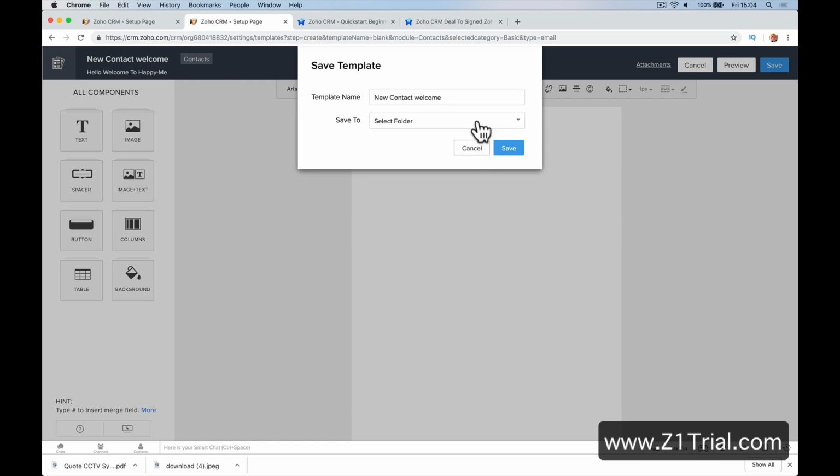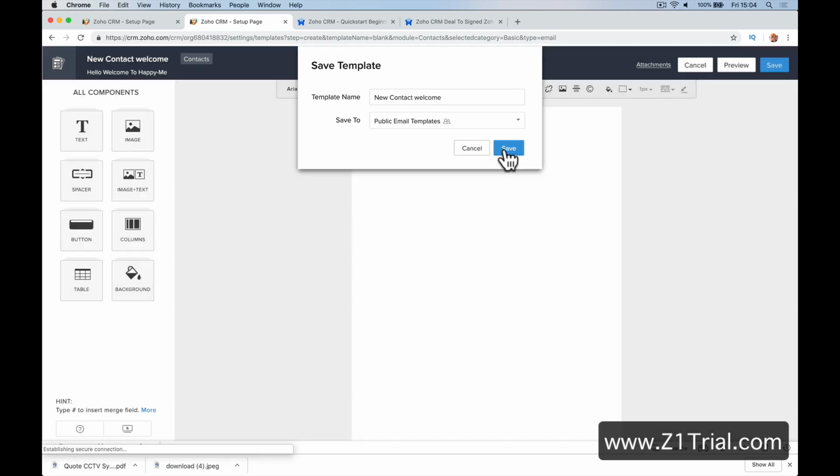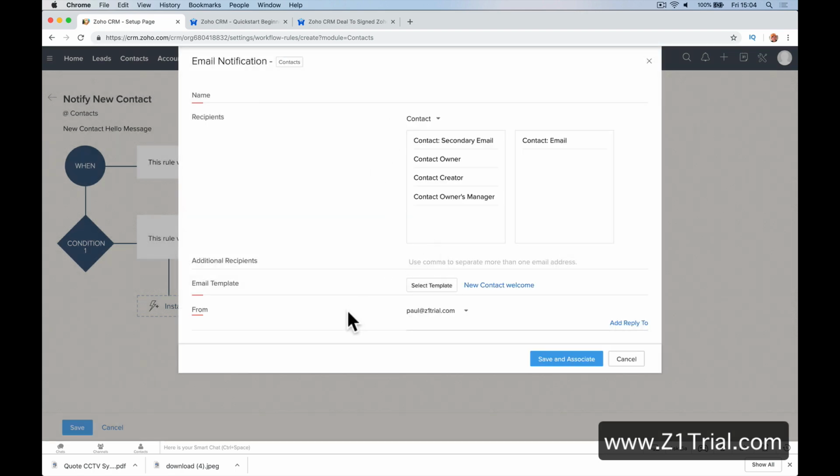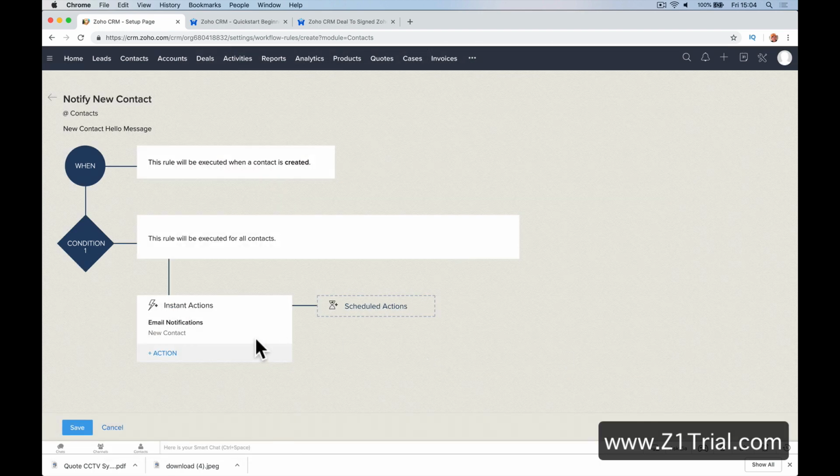New contact, select a folder, just put it in the public one, save. And now I'm going to pick that, refresh to see this email, save and associate. Oh, name, new contact. Save and associate. Let me just have a look at that again. So what you would do is you would either notify a salesman, or you would tag somebody, or you would do something to create that